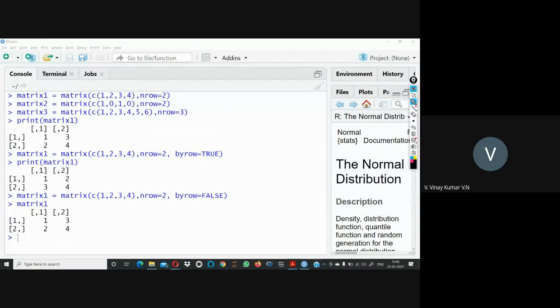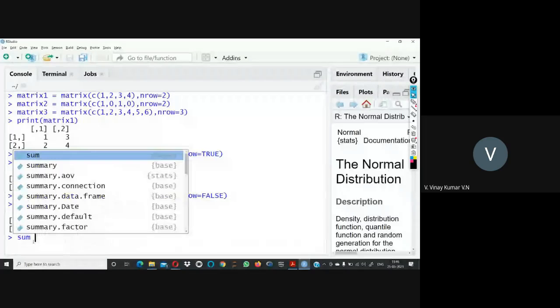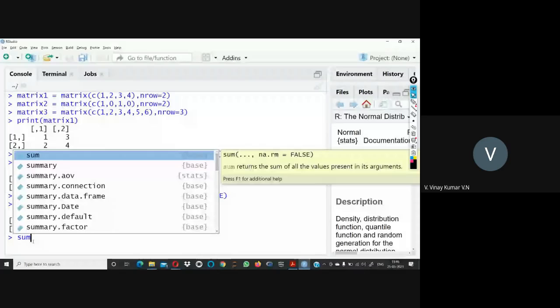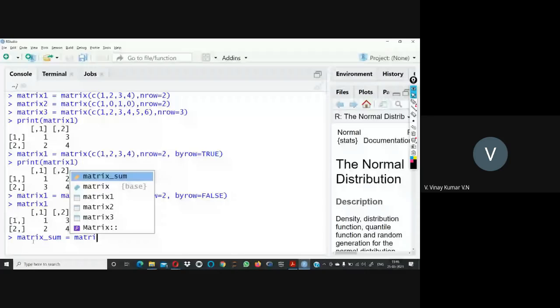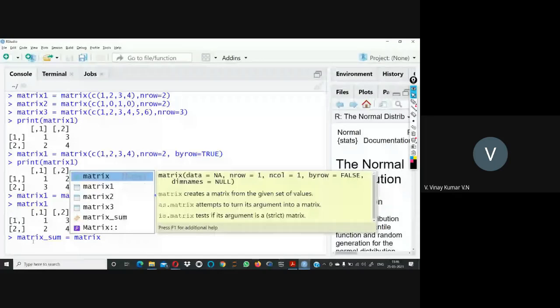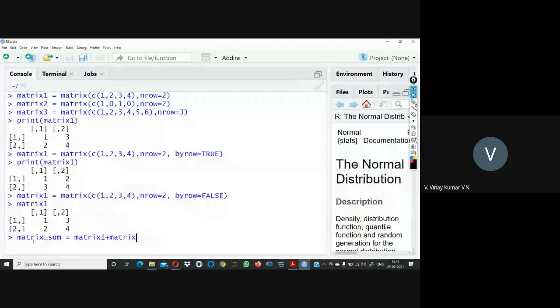As of now, all 3 matrices are stored column-wise. Now I am taking the sum of 2 matrices here. My variable name is matrix sum, and in that I'm storing the sum of two matrices, matrix 1 plus matrix 2.